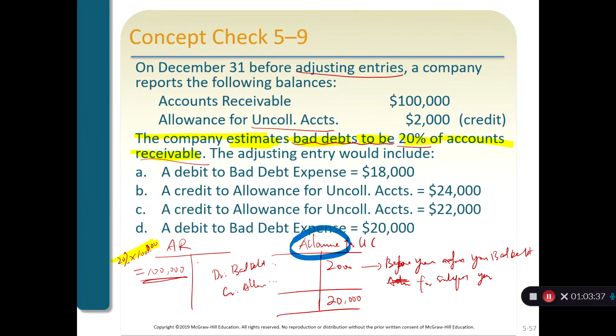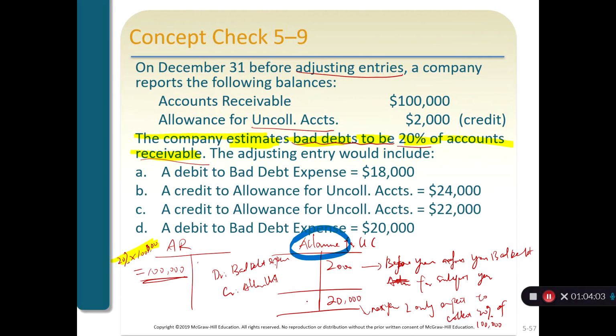That means that next year, I only expect to collect 80% of this 100,000. Hence, how much bad debt expense should I really debit here,